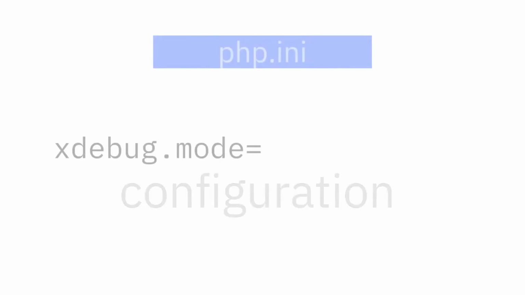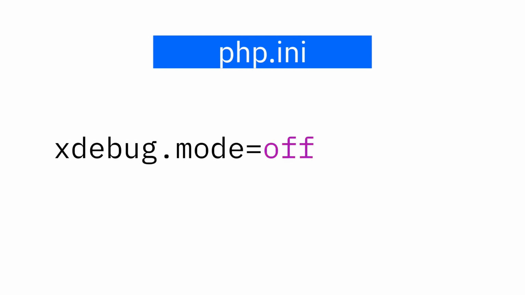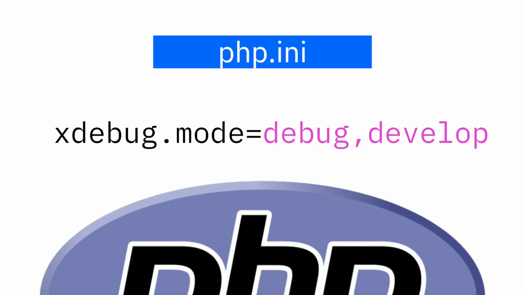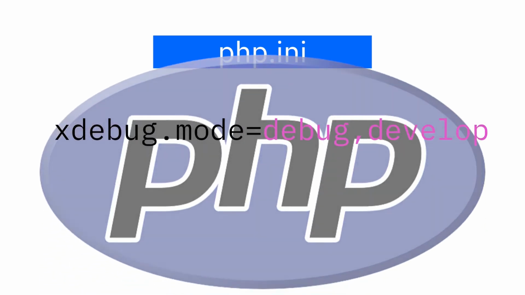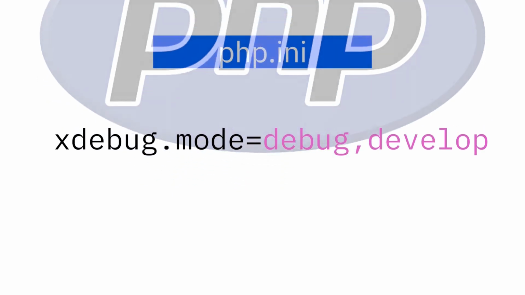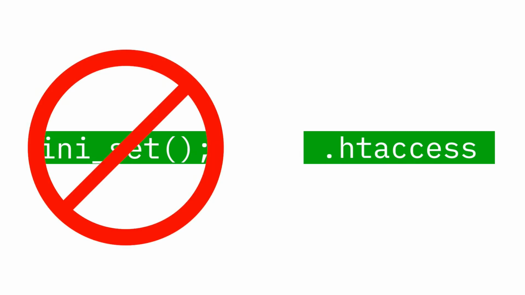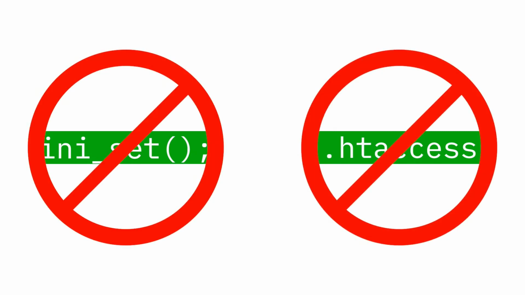You can configure Xdebug's mode by using the xdebug.mode php.ini setting. It is only possible to set this in php.ini because it is necessary that Xdebug's mode is configured before PHP starts. That is either before the PHP CLI binary starts, your Apache module, or PHP-FPM. It is not possible to change Xdebug's mode by using ini_set or in a .htaccess file or equivalent.